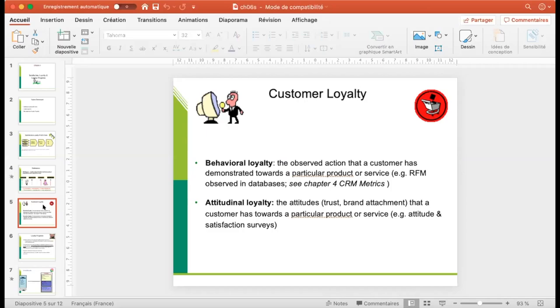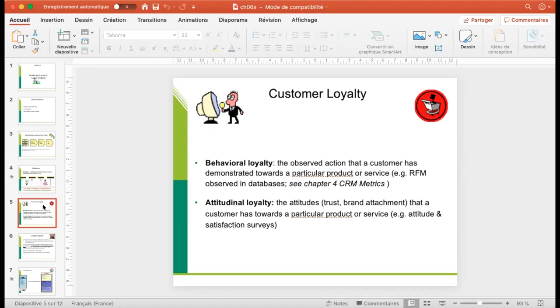So only customers who really have positive attitudes or are attached to a brand, and who purchase the brand, who have behavioral loyalty, are real loyal customers. Because if you have only behavioral loyalty, you have some customers who might only buy without really liking the brand. This is mostly the case in grocery retail. Most customers buy in retail, so they're behaviorally loyal, but they are not attached to the brands in the store, but also to the brand of the supermarket. You probably agree that it's difficult to have an attachment to Carrefour or Leclerc. So this means that we have behavioral loyalty, but no attitudinal loyalty.